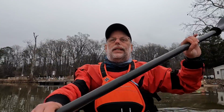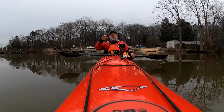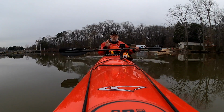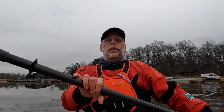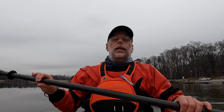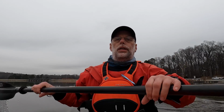So yes, your recreational kayak is easier to pack. It's easier to load up with gear. I think that's actually, in a way, a bad thing. It is harder to pack this boat than a recreational kayak where you can just throw stuff in the cockpit with you, but that's giving me a tremendous boost in terms of safety. And safety is going to be something that I come back to repeatedly in this conversation